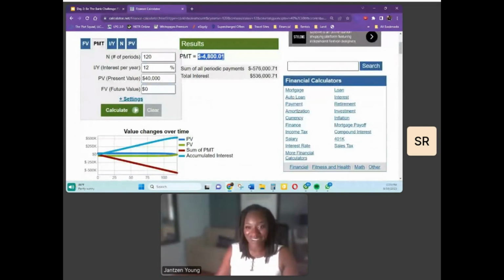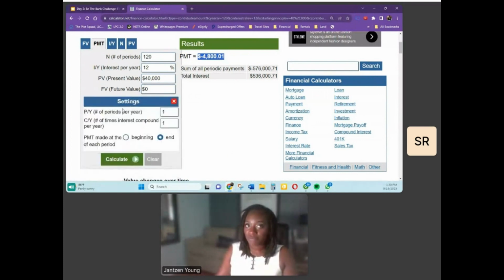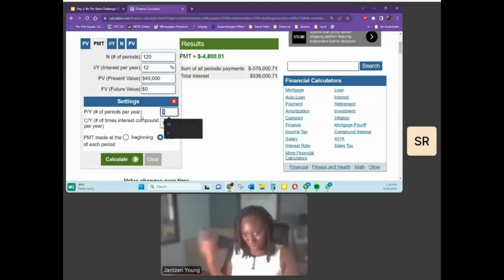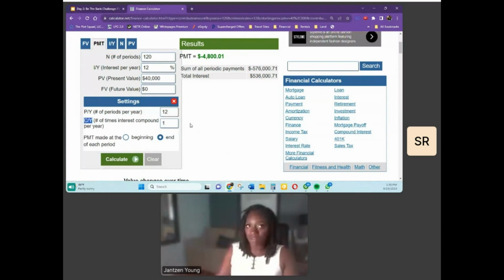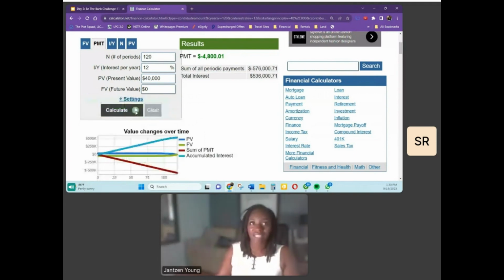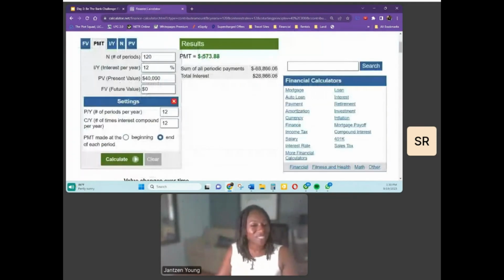And here's why. Whether you're using calculator.net, your 10B2 calculator, or Excel or Google Sheets, you're going to want to make sure your settings are correct. So here, the number of periods in a year, we're not doing 1 period per year. We have 12 periods per year because my borrower is making monthly payments. And how often is this going to compound? We're compounding the interest 12 times per year. Every single month, we're going to recalculate what the amount owed is. And with that said, when I click calculate, this looks much more reasonable,